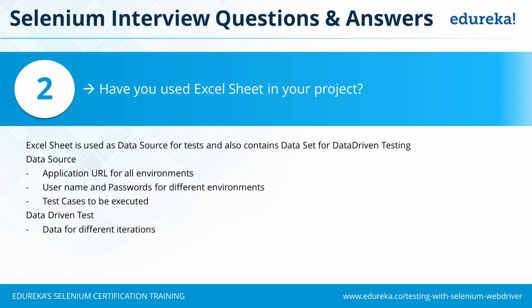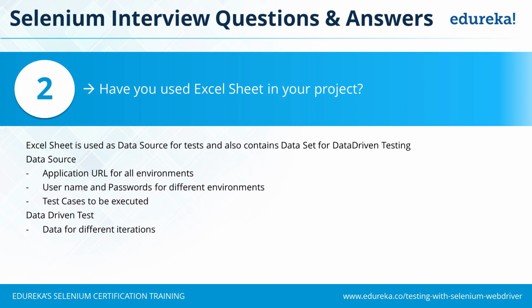If you use it as a data set for a data-driven test, then you have data for your different iterations to be performed on the application. For instance, I have a page wherein I want to check by putting in different combinations of different fields, for example, first name, last name, email, and I want to perform UI validations as well. For each iteration, I'll have a particular data set in which one of the fields is invalid, and I expect my application should not allow me to move to the next page, right?